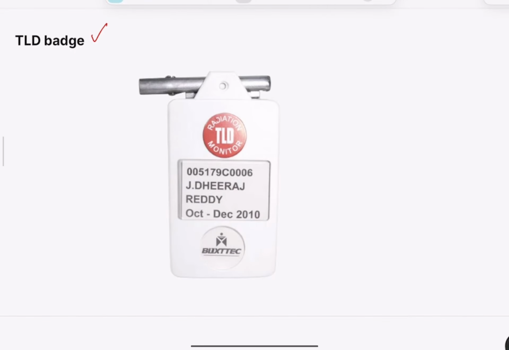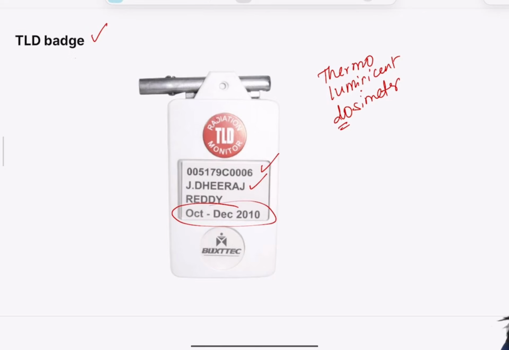Coming to TLD badge, TLD stands for thermoluminescent dosimeter. So as the term says dosimeter, it measures the dose of what? The radiation that the occupational worker is getting. So for example, when I joined the radiology department as a PG resident, we got this TLD badge which has the name written, a unique number, and the duration, because this TLD badge needs to be monitored regularly, right, to see that there is no